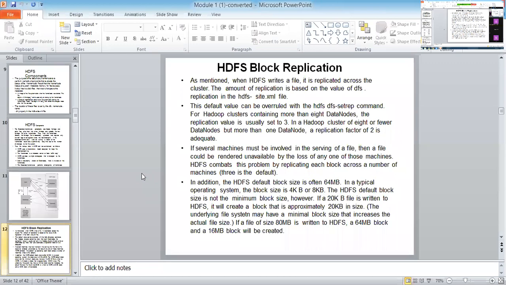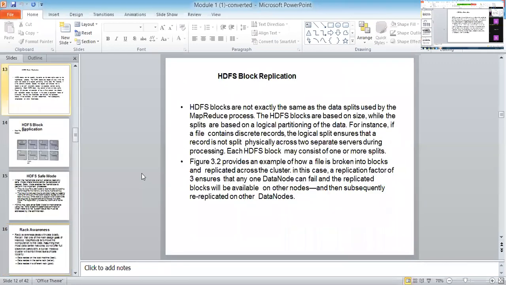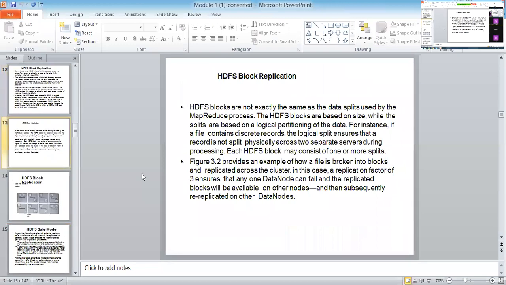So as I told you guys already, the block size is always 64 MB, which is going to be periodically revised. And it is going to send the information to the name node. Okay. So next